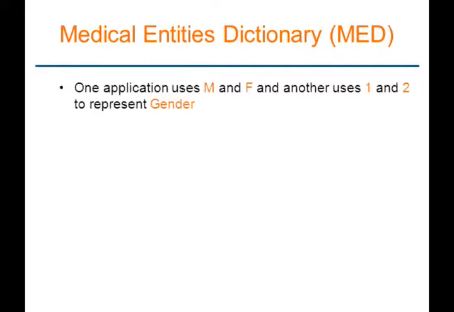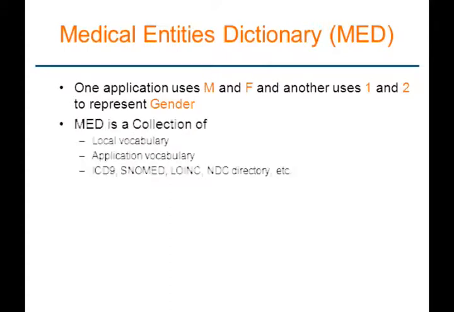So the kind of problems MED addresses is that, consider, one application uses the letter M and letter F to represent gender, whereas another application uses number 1 or number 2 to represent gender. And when we send data from one side to the other side, the interface engine has to somehow know the coding, which says if I see M on one side, I need to convert it to 1, and vice versa. And the place where we store these kinds of equalities and information mapping is the Medical Entities Dictionary,